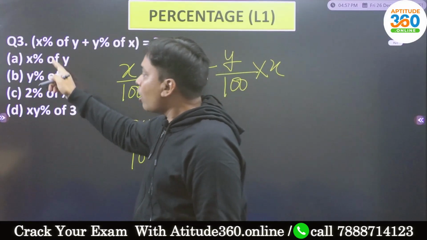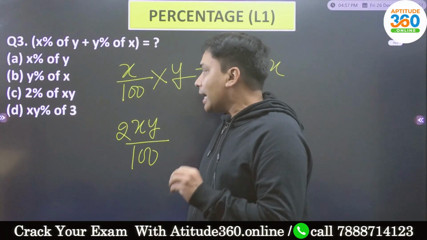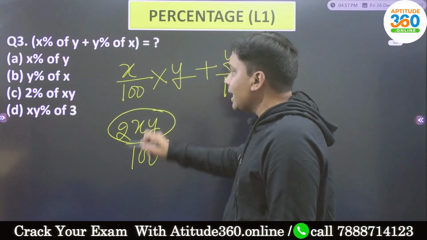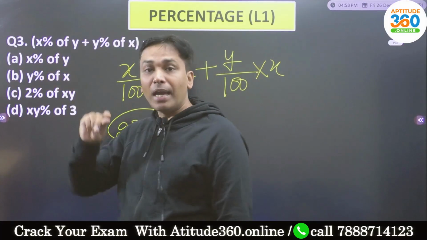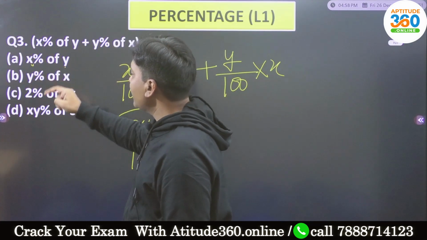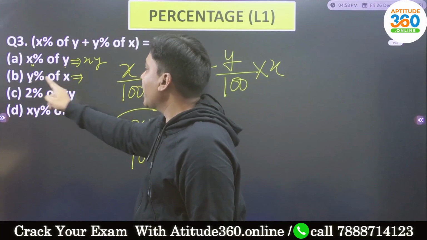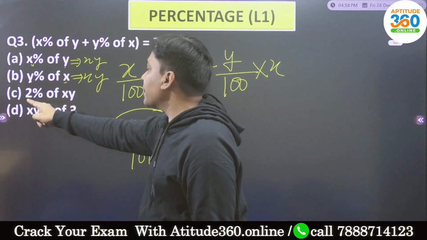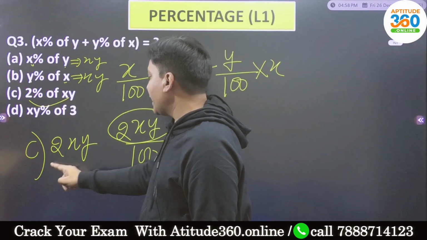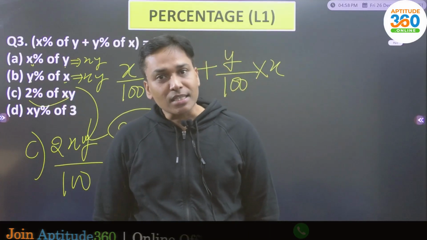And all the options जो आपको दे के रखा हुआ है, the options are in percentage format. अच्छा, इसका क्या मतलब हुआ? परसेंटेज फॉर्मेट का मतलब परसेंटेज इज 1 by 100. तो मेरे को ये पता करना है कि परसेंटेज छोड़ के कहां पे ये जो प्रोडक्ट है वो 2xy निकल के आ रहा है. यहां पे देखिए आप कितना निकल के आ रहा है, x into y. So this over here you are getting x into y. Over here you are getting y into x. यहां पे कितना निकल के आ रहा है? ऑप्शन नंबर सी में इट इज 2xy डिवाइडेड बाई 100. यही है ना भाई इसका आंसर? तो इस क्वेश्चन का आंसर क्या होगा?